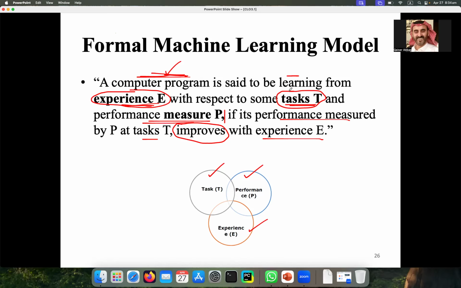And what is the performance measure? It is a kind of formula through which you can calculate something related to the accuracy of the model. From 100%, how much is your model performing? 97%, 96%, 80%, 75%? What is the percentage of that accuracy? That is one example. But similarly, you can calculate the precision, recall, F score, and there are many other equations through which you can calculate different things.